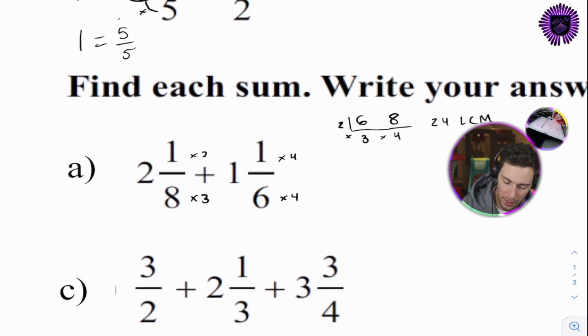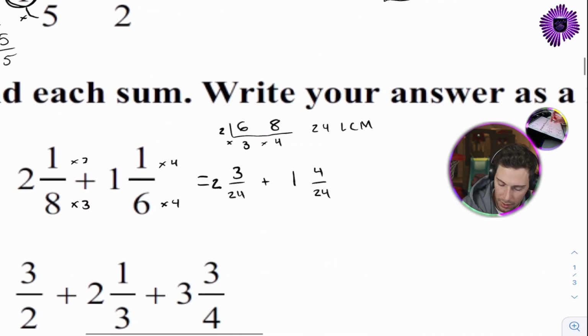So let's rewrite this as an equivalent fraction. So this will be equal to 2 and 3/24ths plus 1 and 4/24. So this will equal,